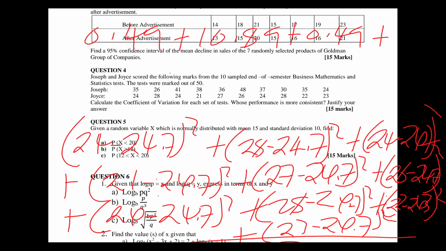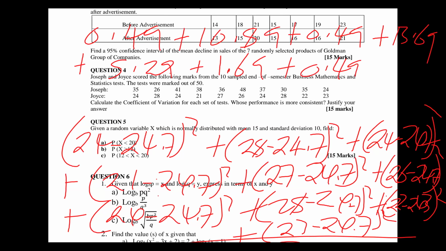Plus 21 minus 24.7 squared gives us 13.69. Plus 27 minus 24.7 squared gives us 5.29. Plus 1.69. Plus again 0.49. Plus 10.89. And the 22 minus 24.7 squared is 7.29. Plus 23 minus 24.7 squared gives us